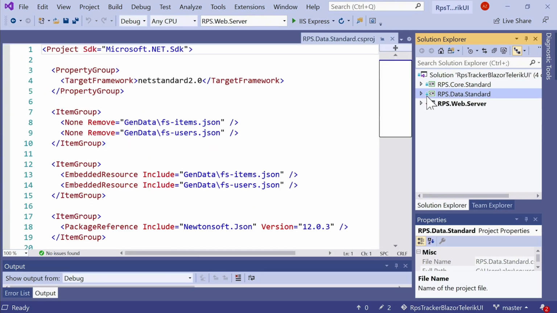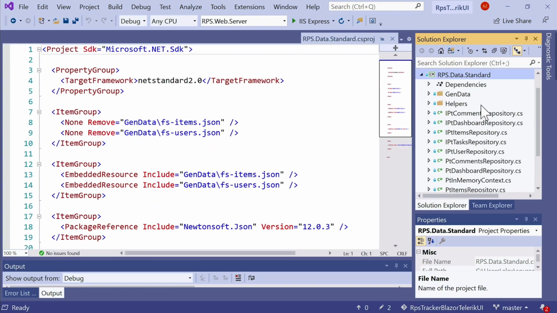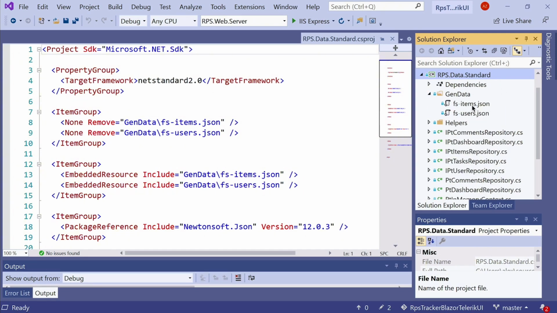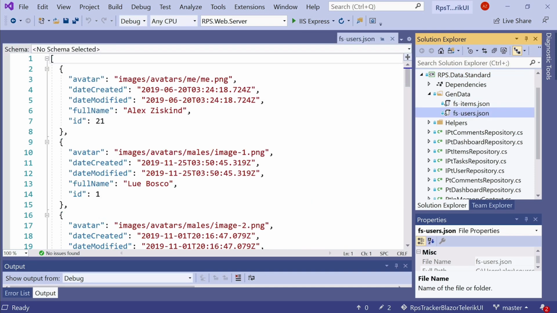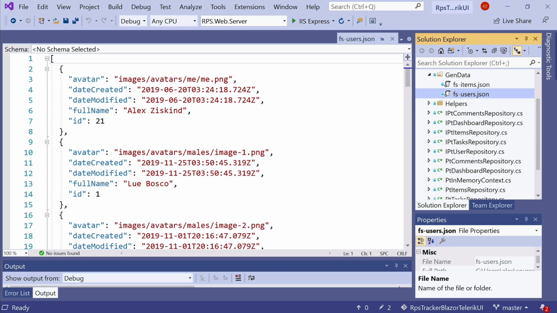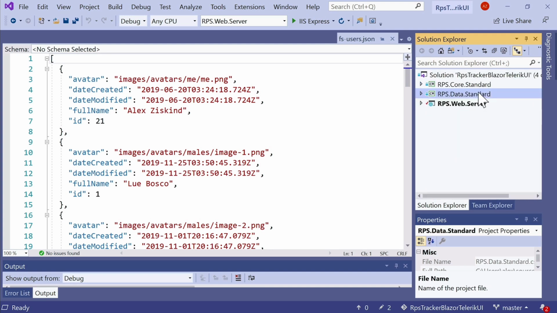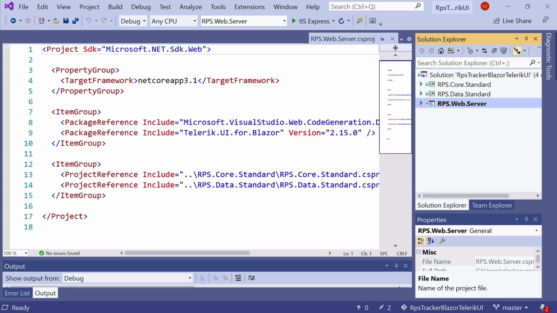The RPS data.standard project is a simulation of a data layer you might have, a repository layer, that simulates a real enterprise project. This will have your repositories, maybe even an ORM connection or context. In our case, we just have some JSON files in this gen data folder with the data already pre-populated. We have JSON files for the items, these are the PT items, and for users. When we start off a project, we're simply reading these two JSON files into memory, and we're manipulating the objects in memory. These repositories provide access to the data that lives in the memory. So that's the data project. It's another .NET Standard library. And finally, we have the web.server project